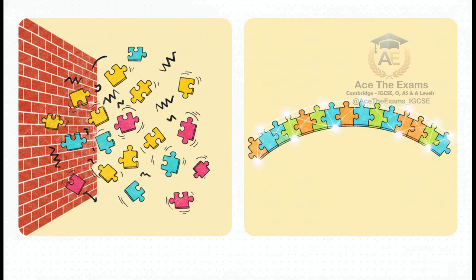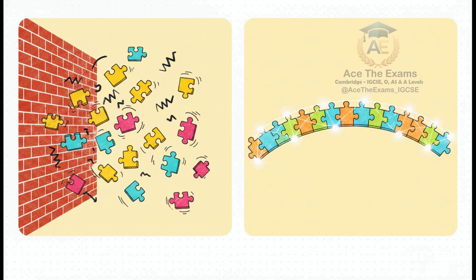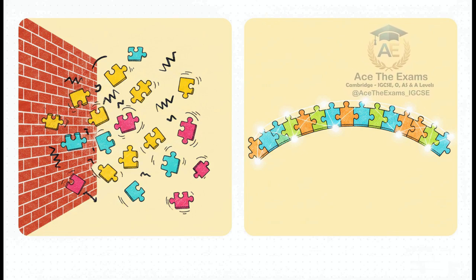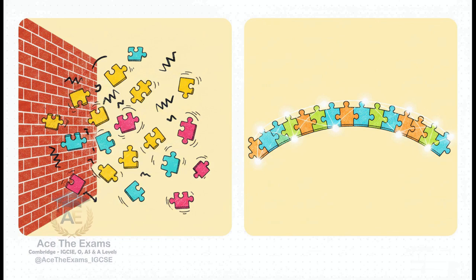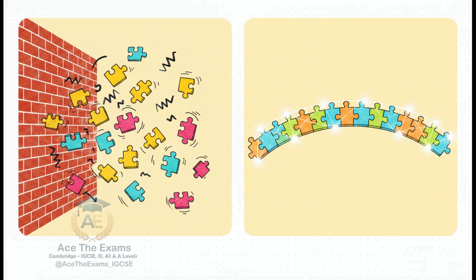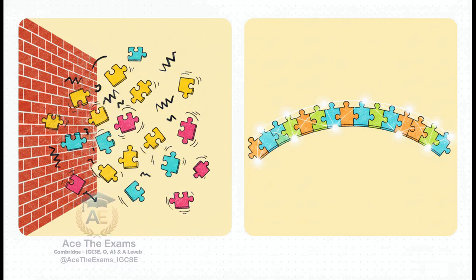But top-performing candidates, the elite agents, build a connected, conceptual bridge. They possess the analytical depth to transfer their knowledge seamlessly to completely unfamiliar integrals. They do this by utilizing a highly effective framework tailored specifically for pure mathematics, often referred to as the PEEL framework. That stands for principle, equation, execution, and limit check. First, they state the mathematical principle. Next, they lay down the correct trigonometric equation. Then, they flawlessly execute the calculus. And finally, they rigorously check their limits. We're going to use this framework to rebuild Alex and Sam's answers from the ground up, turning red pen marks